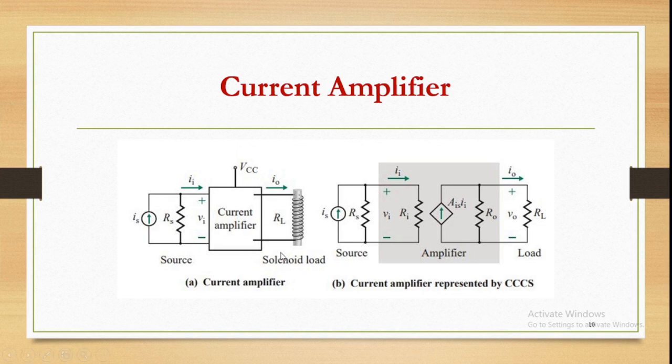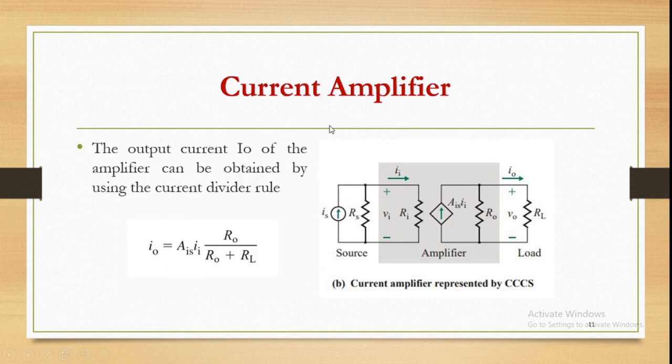Look at the circuit diagram over here, a current amplifier, where the current Is is the input and Rs is in shunt with the current source. Ii is the current flowing into this current amplifier, and I0 is the current flowing out of this amplifier. If we place that in an equivalent circuit, Is is the current source, Rs is the shunt resistance with Is, Ri is the input resistance of the amplifier, and R0 is the output resistance, which is in shunt with RL, and finally we have I0.